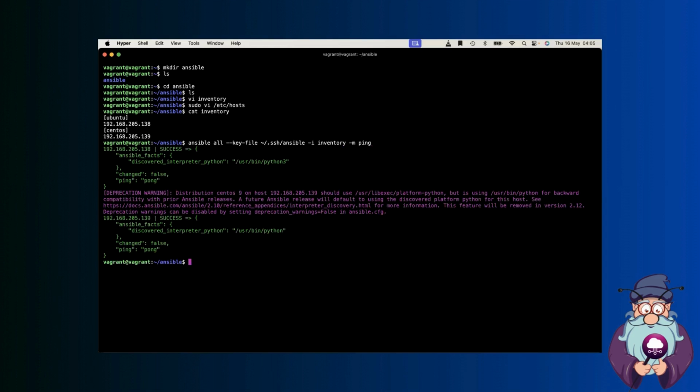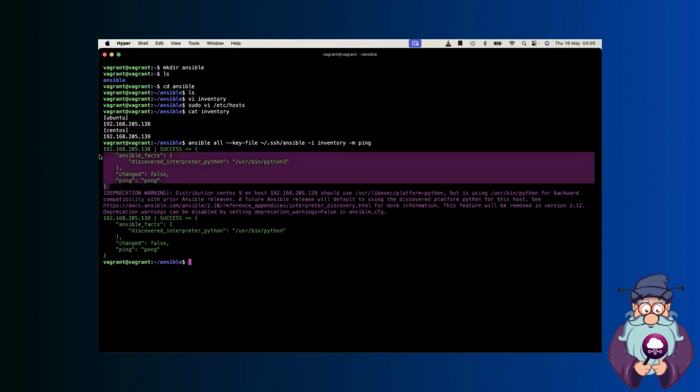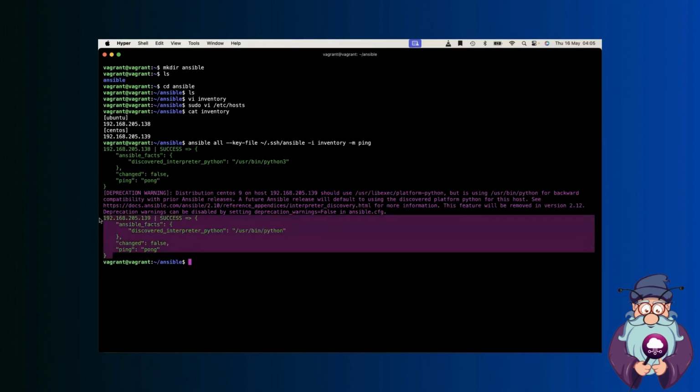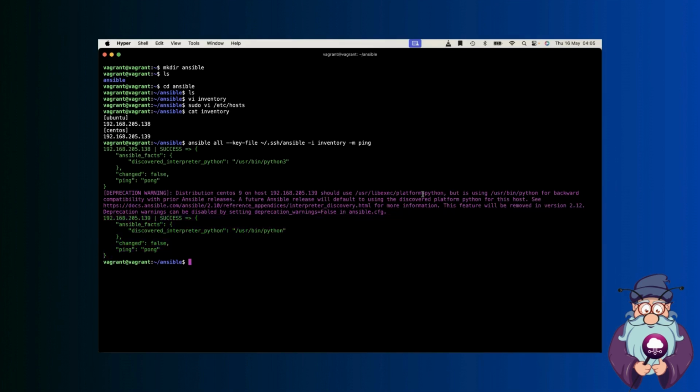Oh, great, successful. So we successfully pinged our Ubuntu and our CentOS slaves. But we're having a deprecation warning. This is a deprecation of CentOS 9 on the host. So this is saying that we're supposed to use this, but it's using this. So probably in the future, we won't be able to use this part, right? We'll only be able to use this part, but that's not a problem for now. I'm going to teach you how to remove deprecation warnings. But before we do that, I want to